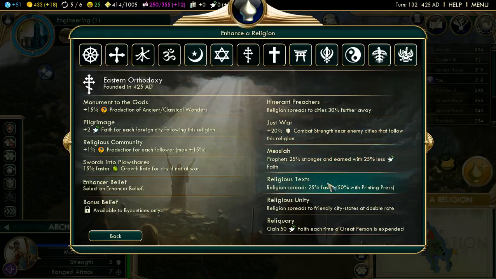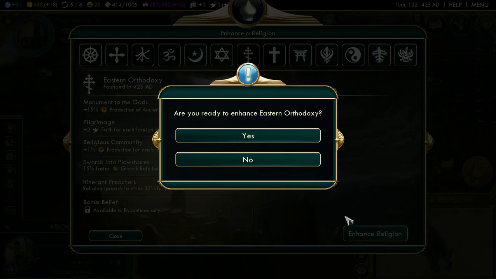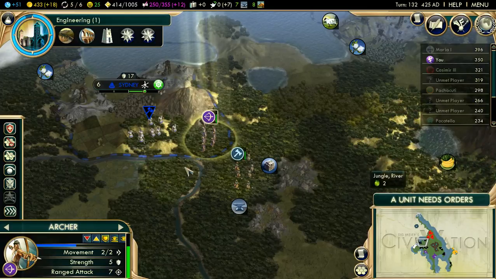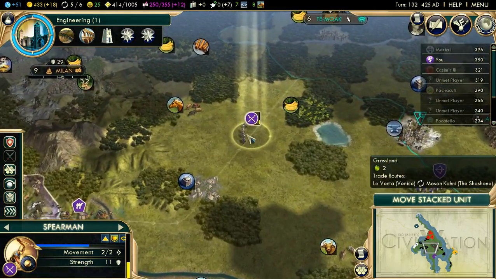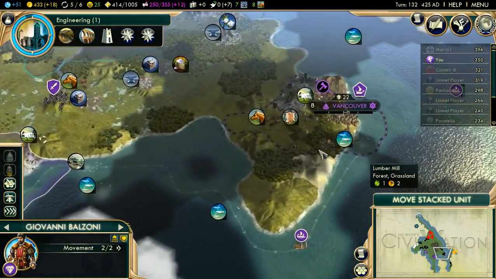I think I want that one. Ooh, or this one. Yes, that one. Okay. Done. Oh, they did it. Fine. Be that way. Alright, and you...